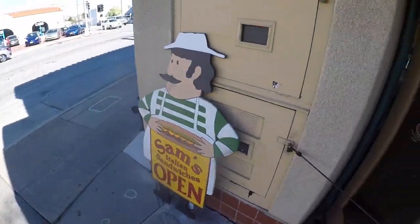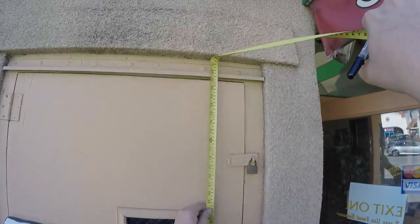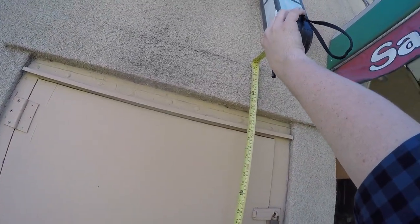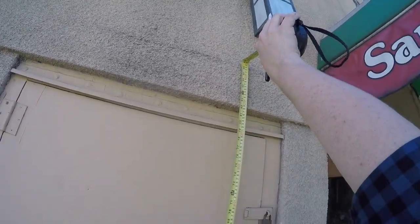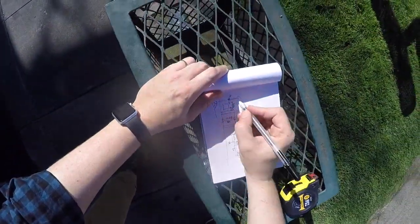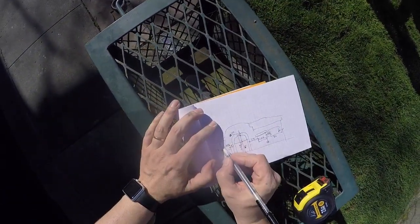So this one, do that same thing up to there. It goes up to 82. And then this little parapet on top, or the pediment, I guess you'd call it, it's not a parapet. I think you call that a pediment. 88 and a half. So 82, 88 and a half for that little thing on top, right? So look here, and I'll do that little symbol again right there,